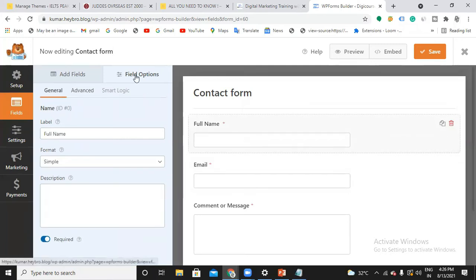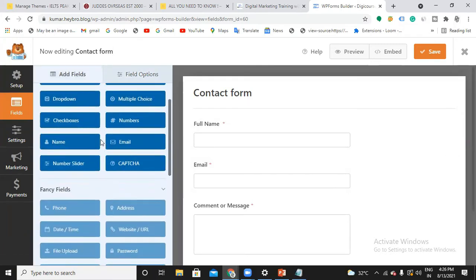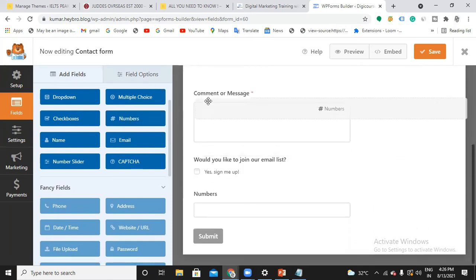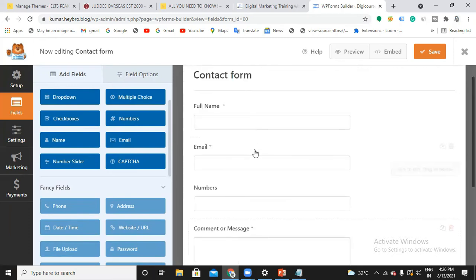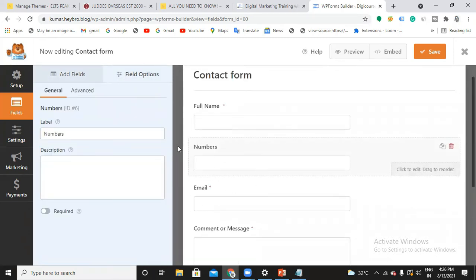What else can we add? Shall we add a contact number here? So that people can provide their contact number. So I'll take this number option, and I'll drag and drop it over here. Can you see?